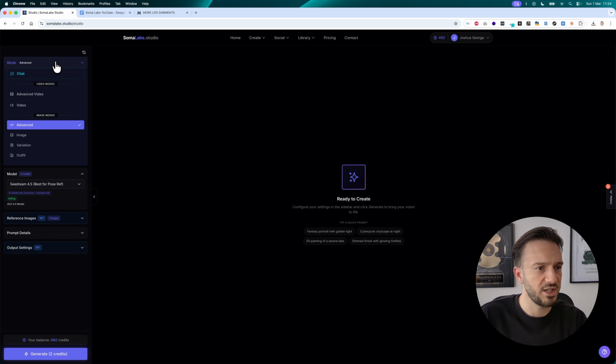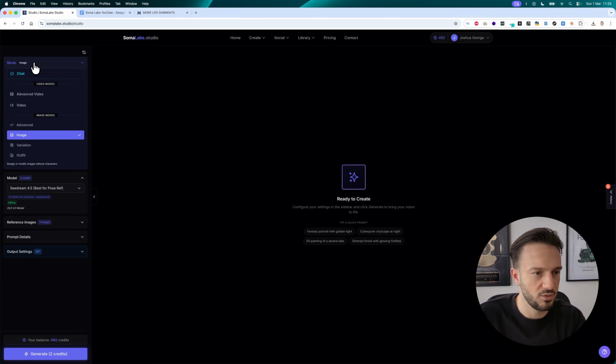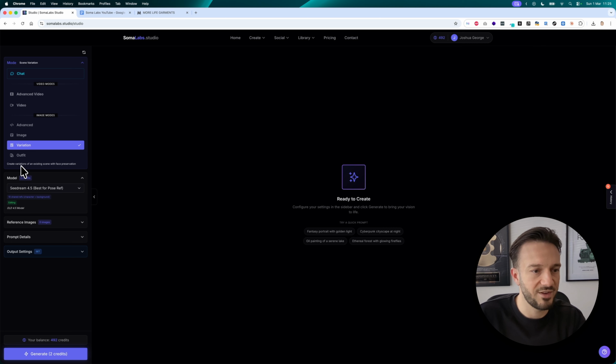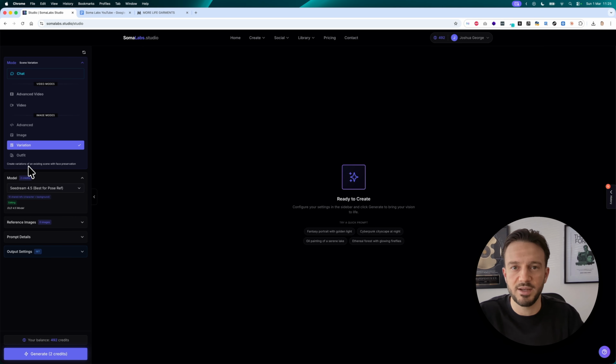And there's a few features that you can use. I've been using advanced mode to create content for my clients, for the ad agency. You can also have image mode. Image mode is sort of like the simpler version of advanced mode, if you will. You can create variations. So what this will do is, as you can see here, create variations of an existing scene with face preservation. So let's say you've done a professional photo shoot for a jewelry brand, for example, and you want to create more variations of one specific image that just really came out well. You can actually use this, and it will save the face,